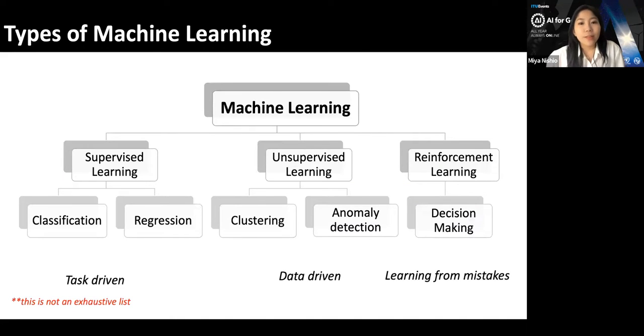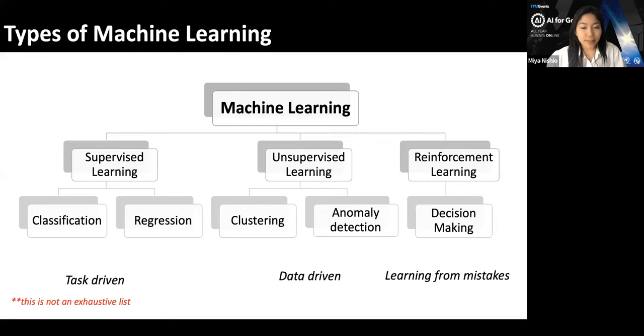So to go further down into the specific types of machine learning, in supervised learning, we often have classification and regression. So classification is the idea of separating outputs into different categories, so discrete values. For example, with our fruits example, they'll be divided into different categories of fruits. Regression, on the other hand, deals with continuous values. So for example, if we want to guess the selling price of a house, the price is obviously continuous, so we would use a regression model. Supervised learning is task-driven because we have the input X and we have the output Y, but we don't have the task process in between.